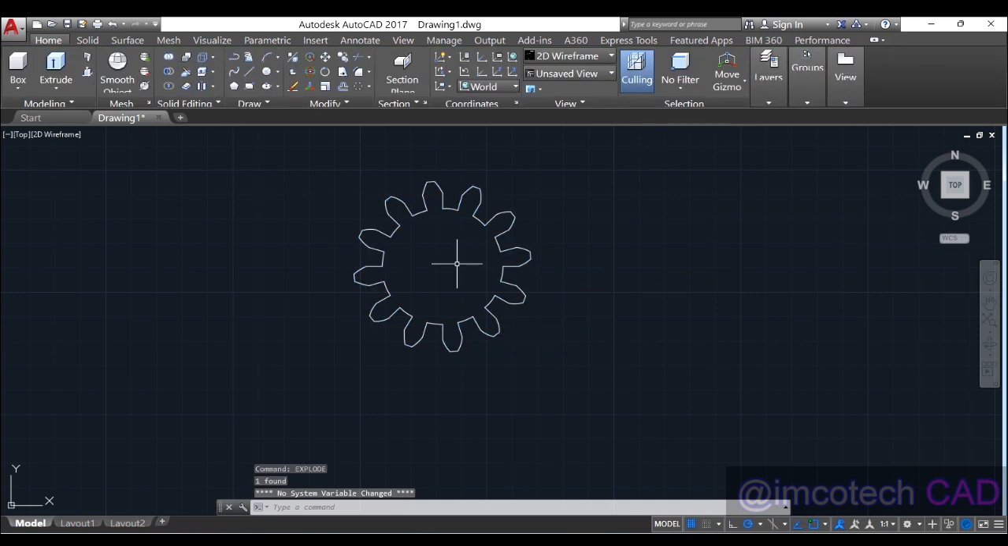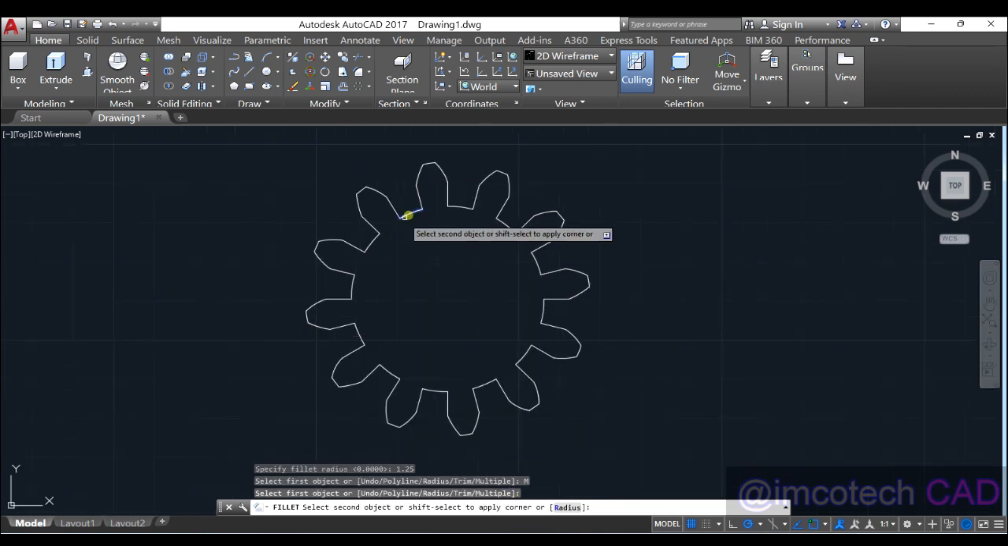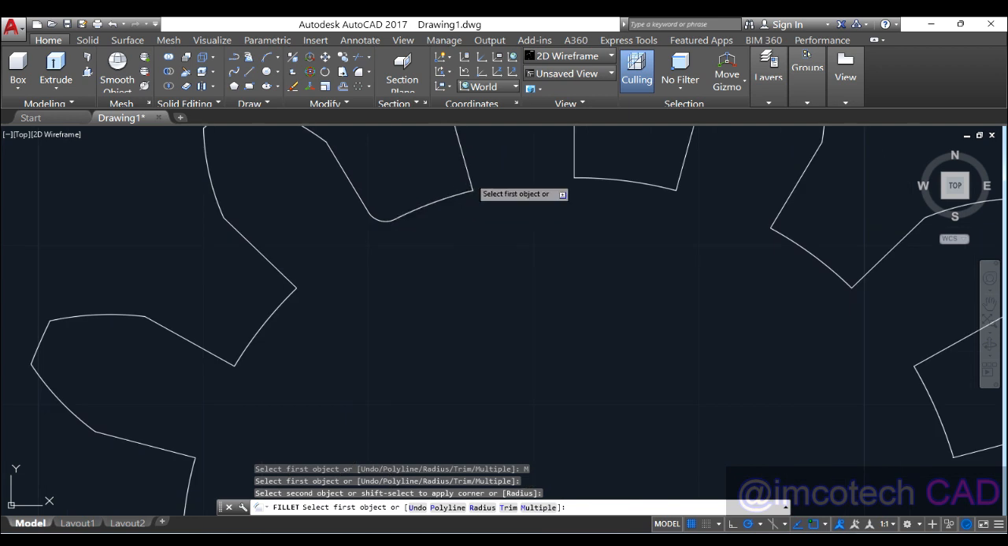Okay, now we're done exploding. Now they are on their own. Okay, so fillet radius 1.25, select multiple and begin work. Okay,